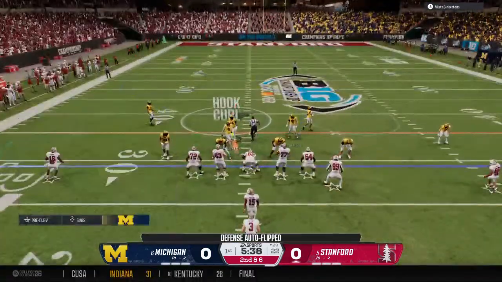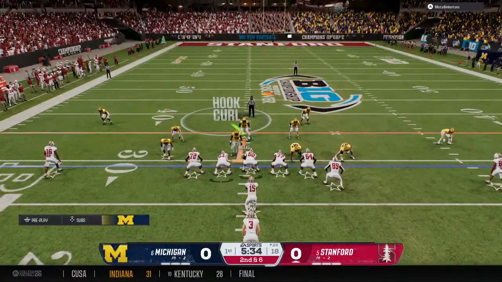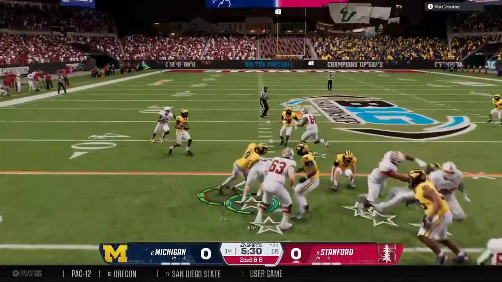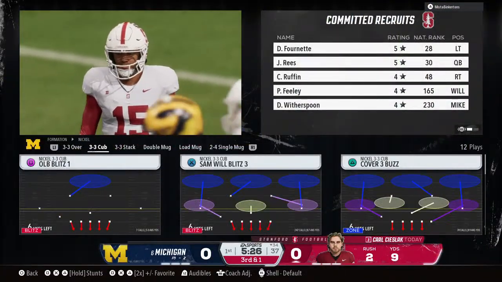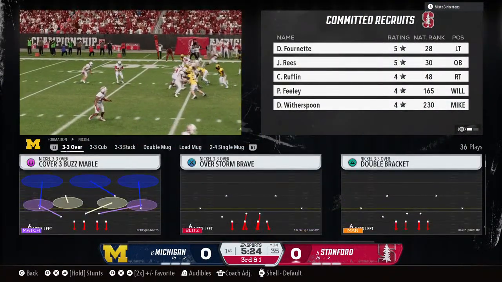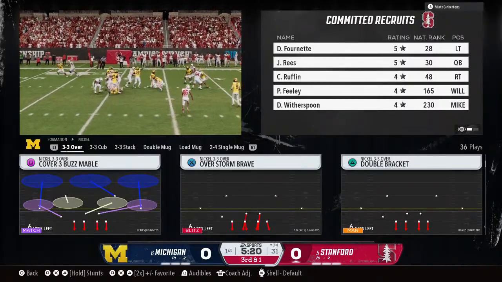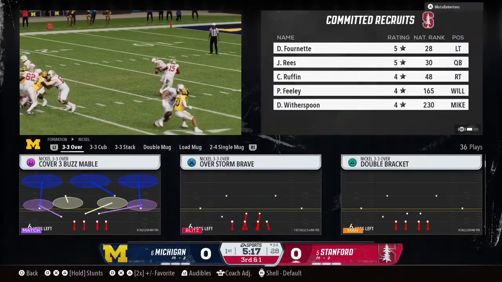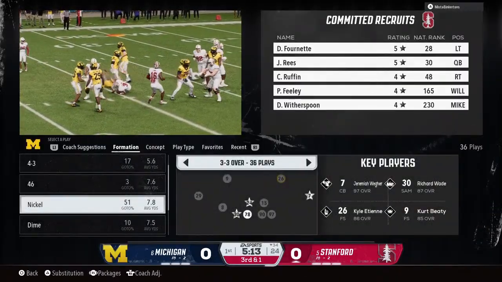Second down after that run on the previous play. Ball handed off. The gain moves the ball to the 34. There's just not a whole lot of options here for this quarterback on the RPO. The defense, give them credit. They did a nice job of sniffing it out. I wouldn't be surprised if the quarterback is second-guessing that decision of giving it to the back instead of pulling that and either running it himself or maybe making a nice throw.